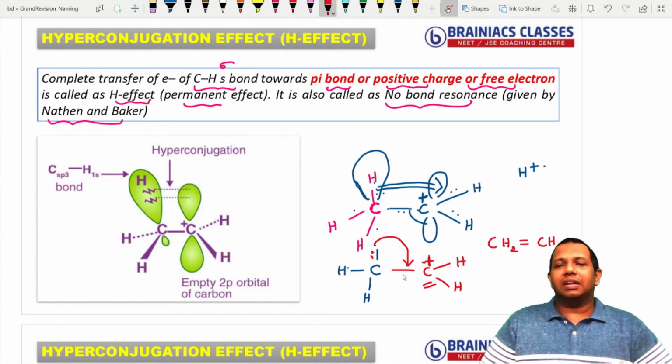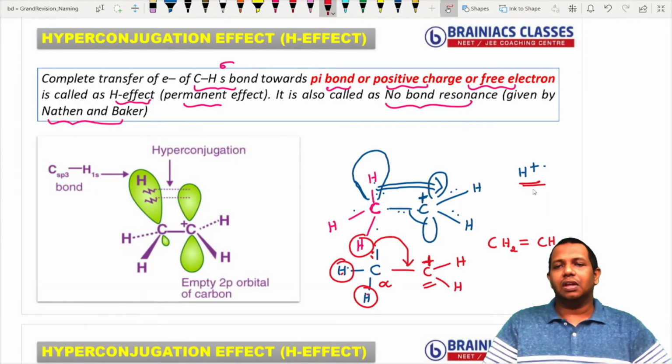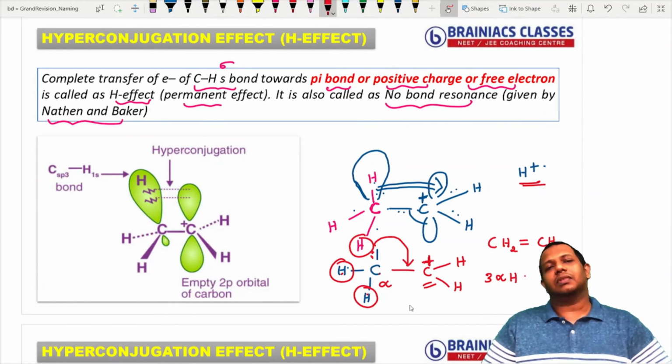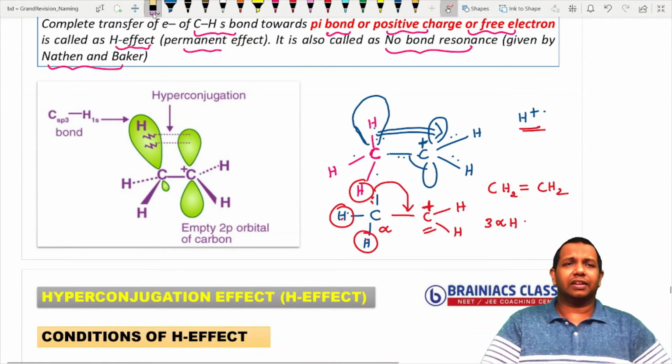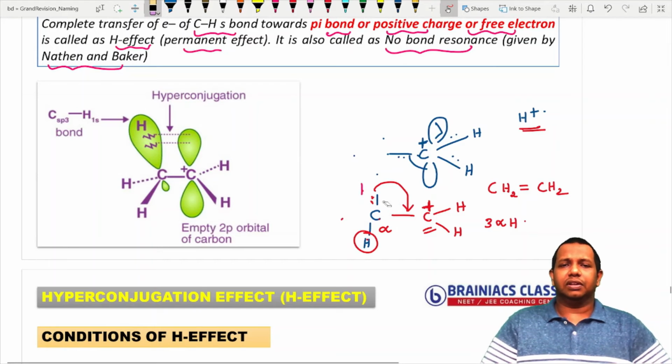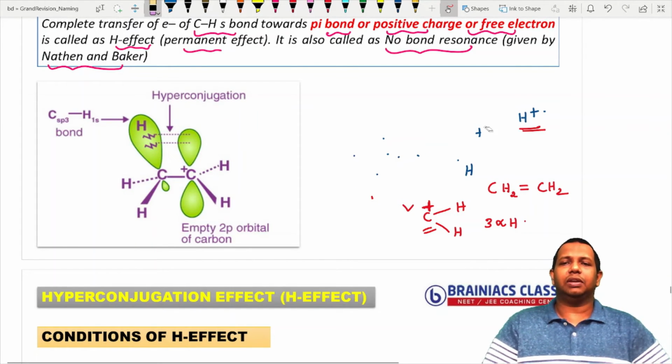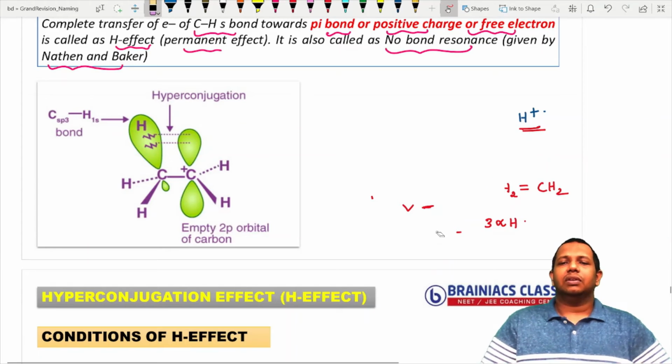And how can I say a compound is more stable via hyperconjugation? Just check the deficient carbon; the carbon near to that carbon is called alpha carbon. If you have more number of hydrogen atoms, here 3 hydrogen atoms are ready to move as H plus. So we can say this compound is stable by 3 alpha hydrogen. For example, suppose I am drawing another figure like this. Let me draw, then you will get a fair idea how to make use of hyperconjugation.